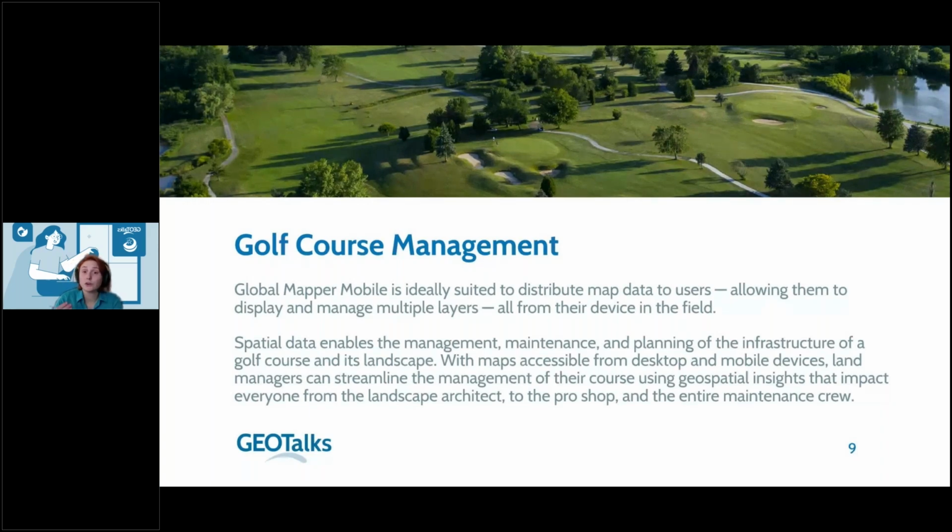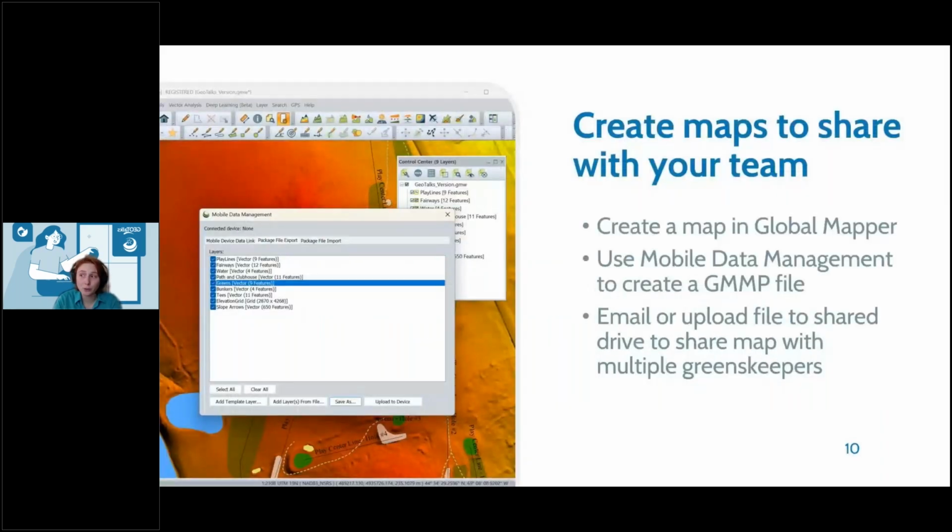So for this workflow, we're starting sort of in the same place. We're starting in Global Mapper Desktop. We're preparing that map. We're loading all of those relevant vector features, maybe some imagery or base terrain that could be useful to anyone who's looking at that map in the field. And here we're using the mobile data management tool to package up that map, create that GMMP, that mobile package file format. This data can then be emailed or uploaded to a shared drive to allow other folks to access